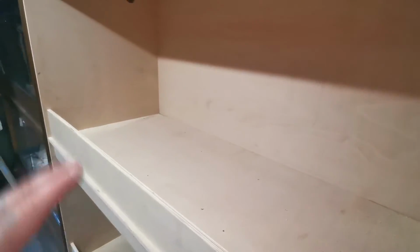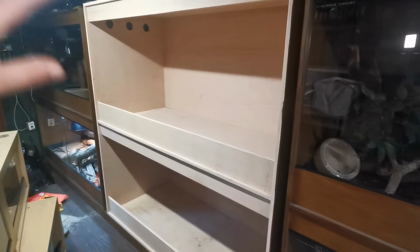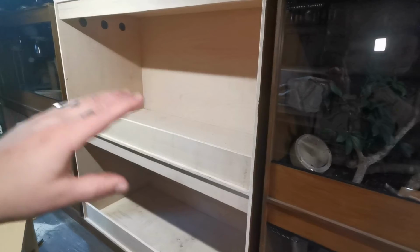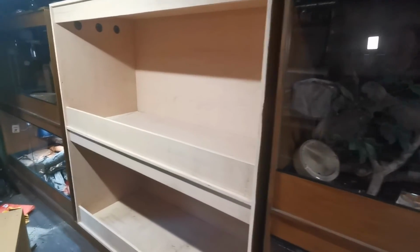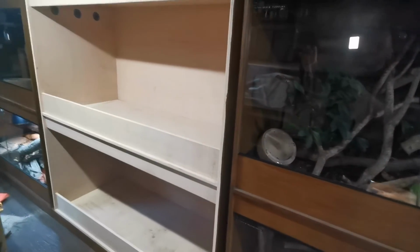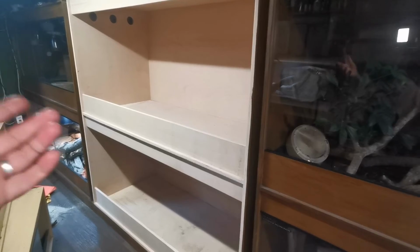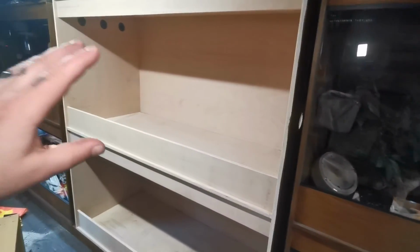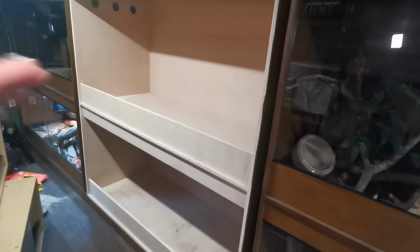So what I'm going to be doing in part 2 will be staining these guys, getting the vents in, maybe getting some lights in, sealing it, varnishing, and maybe getting the glass in. So that's going to be part 2, and then we can treat each vivarium specifically for the species of snake, and then we can do a video for the actual builds. But this is pretty much 90% done,